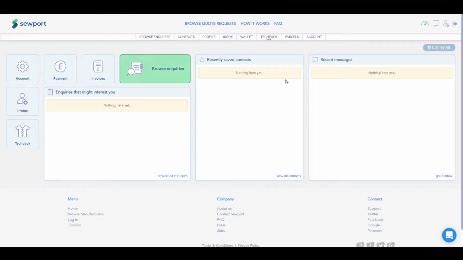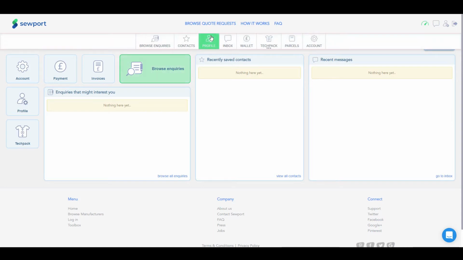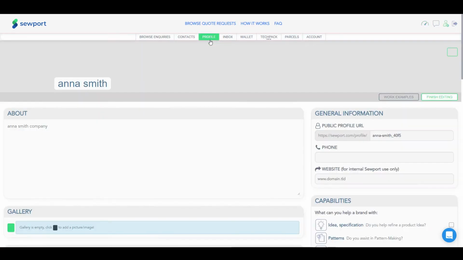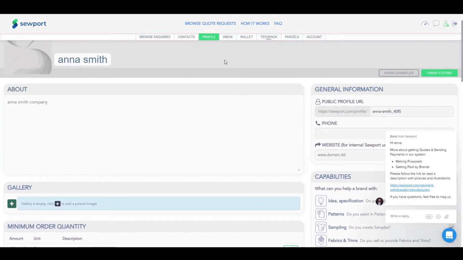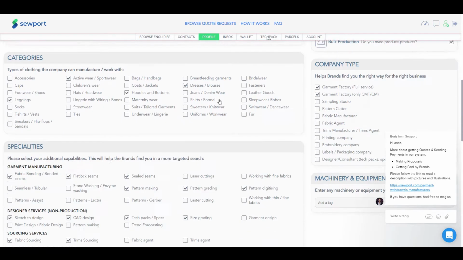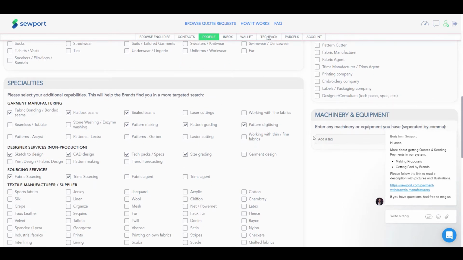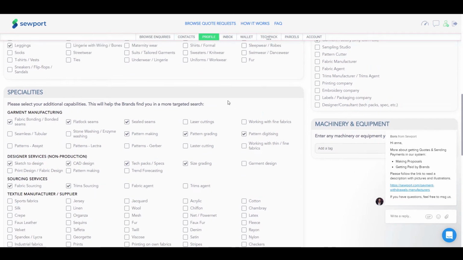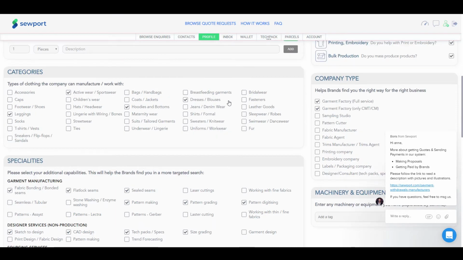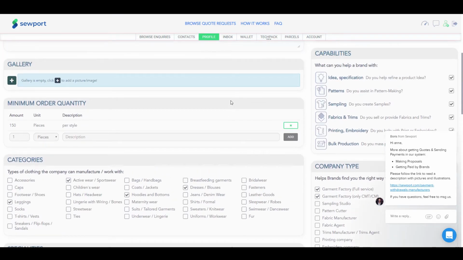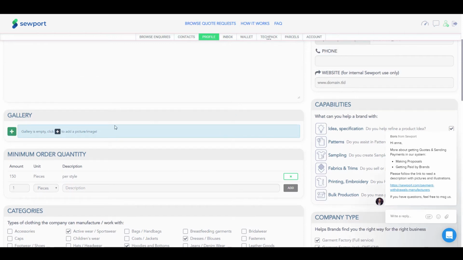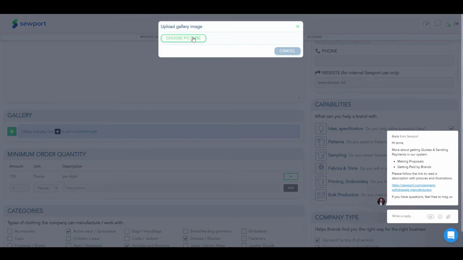Now that you have added basic information about your company, you can add more relevant details in your profile section. In the navigation bar, click on Profile and add the type of machinery you work with, your company logo and previous work samples. To add images to your gallery, click on the plus sign and select relevant images to upload